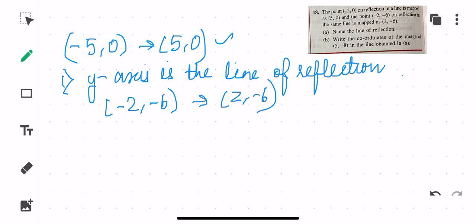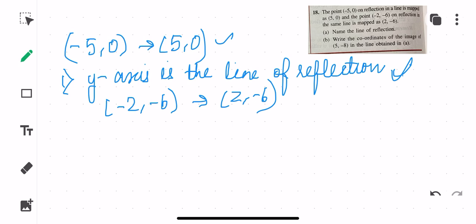Okay, so what next, children? They are asking, write the coordinates of the image of (5, -8) in the line obtained in A. So what line have we obtained, children? We have obtained that the line is the y-axis, and then they have asked you to find out C. So this is our question number 18. The next thing is that write down the coordinates of,